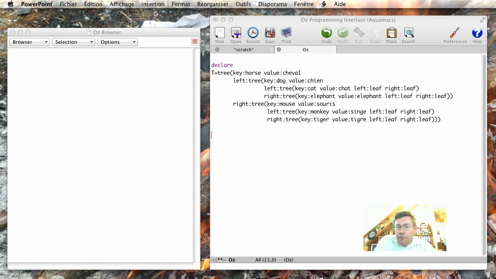Let's do the insert function now. Let's define the function that inserts a new key value pair into the search tree. This is actually a little bit harder than lookup because we have to create a new search tree. We can't just modify the existing search tree because we're in the functional paradigm. That means while we're traveling down looking for the right place to insert, we have to also be building the